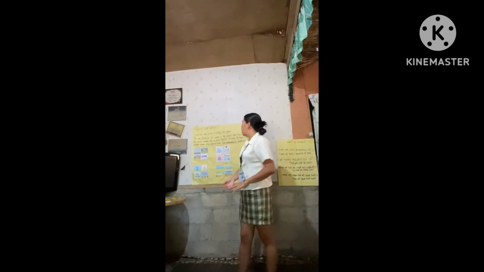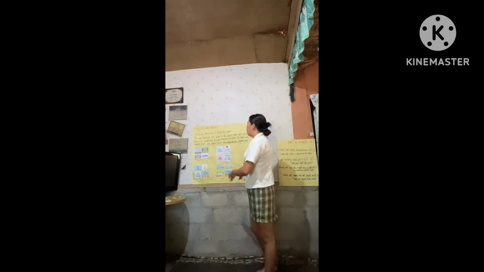Did I give you an assignment? None, ma'am. Okay. So, since we already finished discussing the adverb of time, before we move on to our next topic, let us all recall what is adverb of time. Abigail? Adverb of time tells us when action happened. Okay, very good. So now, before we start our discussion, let us play 4 Pics 1 Word.